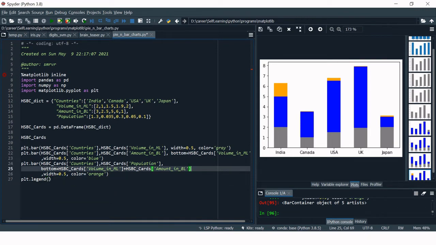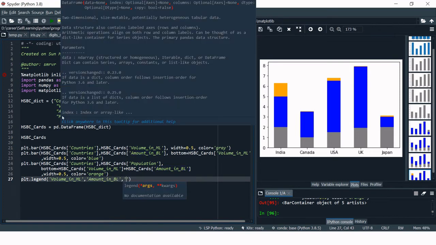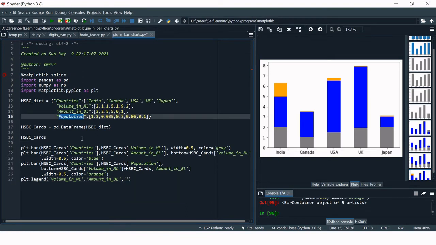Like first we have volume. So let's put volume over here. Then we have amount. It starts from bottom and will go to the top, and then we have population. Let's see.